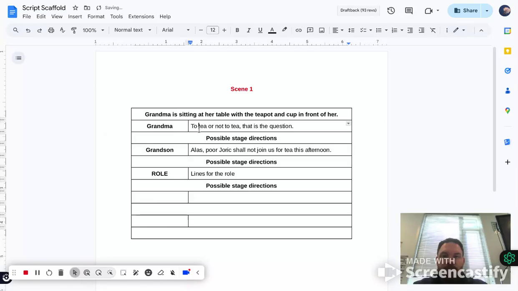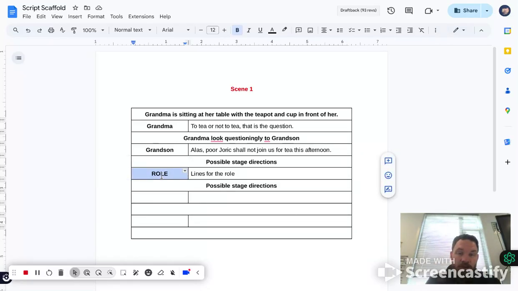Now you'll notice this is what Grandma says, and grandson replies to her here. We don't put their lines together, we separate them. Now, it might be that there's no stage directions. In this case, we will have a clear stage direction. We'll say that Grandma looks questioningly to grandson. All right. Now, this is a back and forth conversation, so we need to give Grandma something else to say following this. So we'll say,